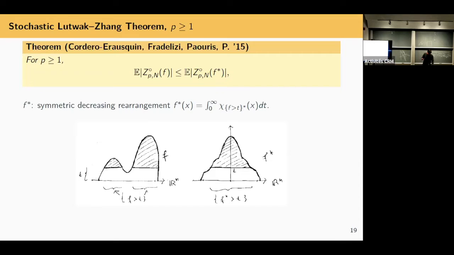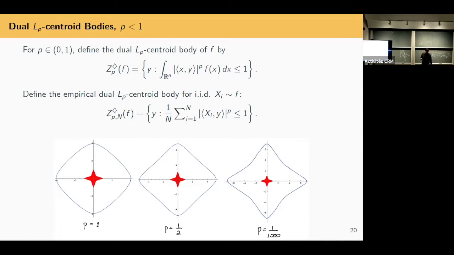When p goes below 1, what do I see? I start to see star-shaped things in general. Before, I said these are dual to centroid bodies, and I wrote a formula for the polars. I want to emphasize that when p goes below 1, it's not the dual of something. It's not a convex operation. So I changed the symbol. I traded the circle, which denoted polarity, where the bodies were genuinely convex and duals of something, for a diamond. And the diamond suit in LaTeX has this kind of Lp wall where p is less than 1. Why not use that? So I define this object, which is a dual Lp centroid body, but I mean dual in the broader sense of dual Brunn-Minkowski theory, not that it's a genuine convex polar. So this is the reason for the symbol change.